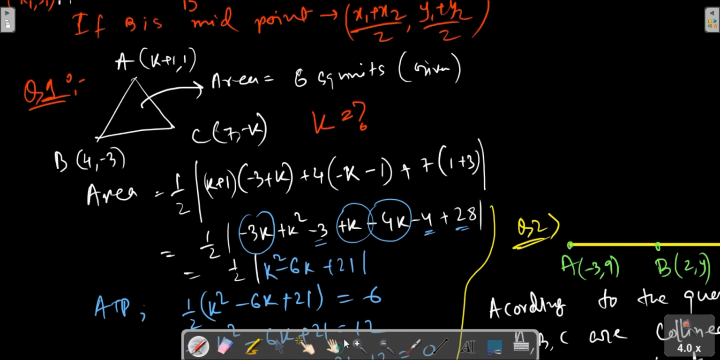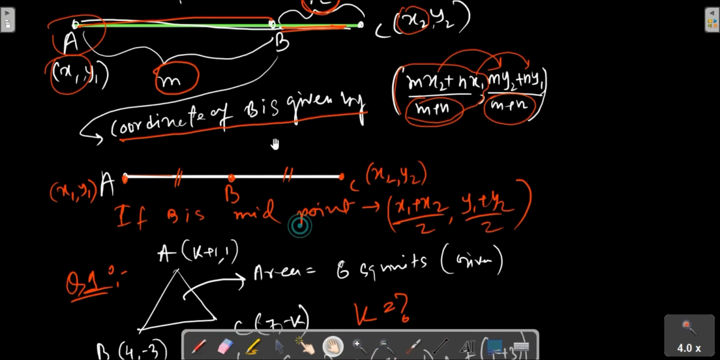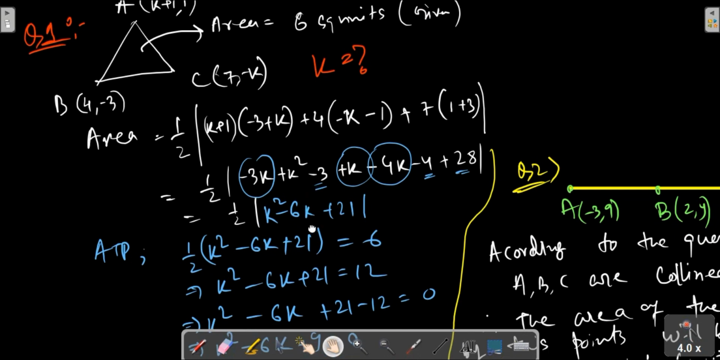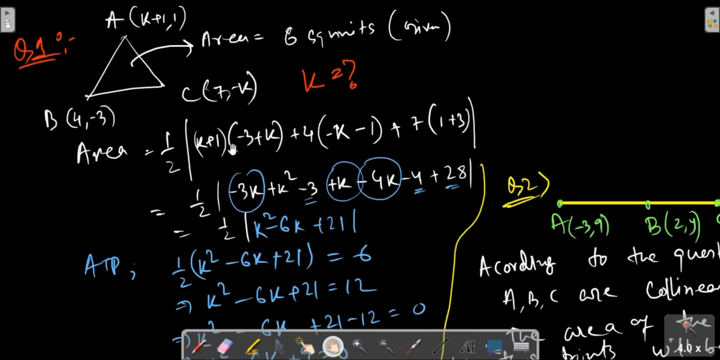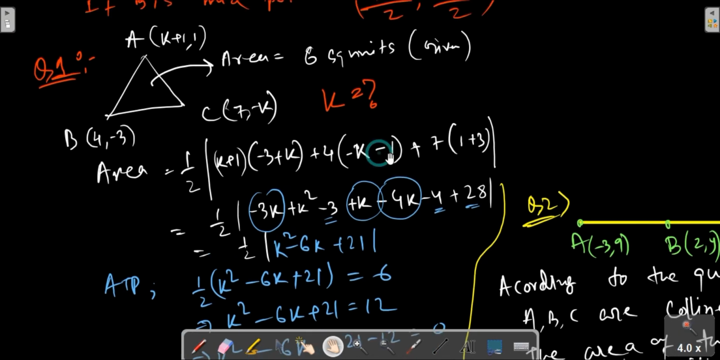See, here we have understood, no? We have learnt a formula, half into x1 into (y2 minus y3). So applying the same formula, I hope that when I told you, you copied the formula by pausing the video. I have written all the values of x1, x2, y1, y2 and x3, y3 also. So here, I have taken A as the first point,